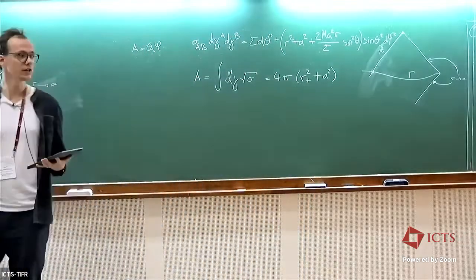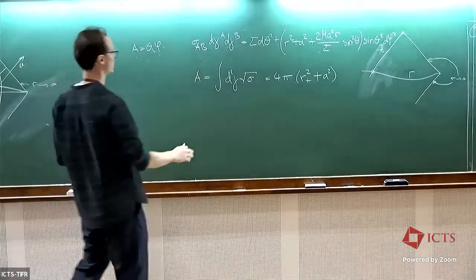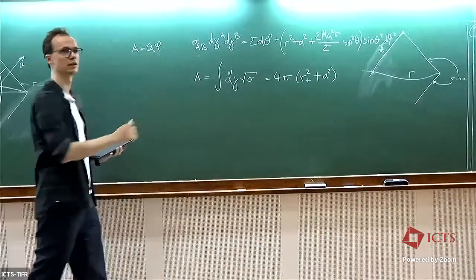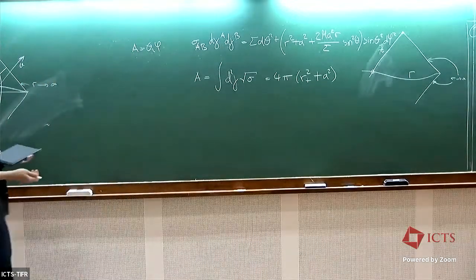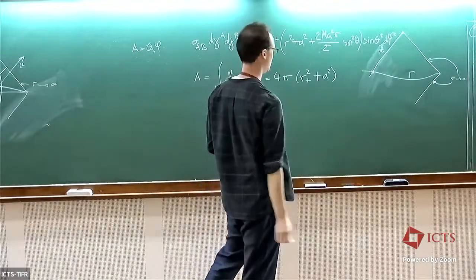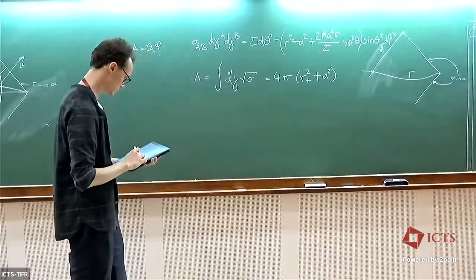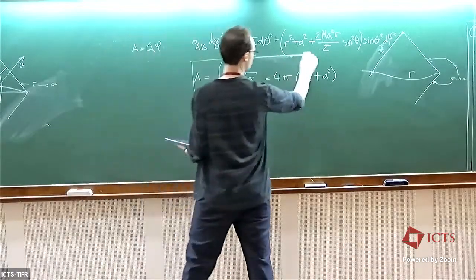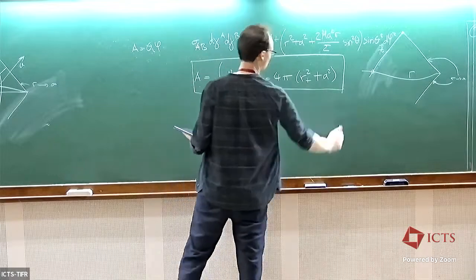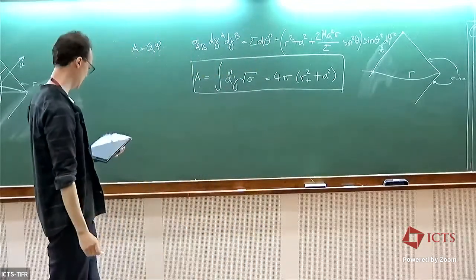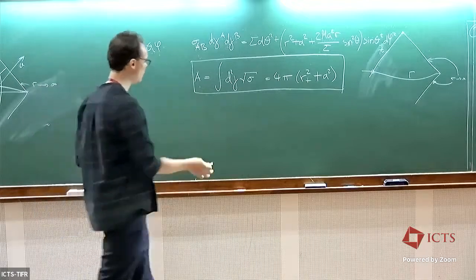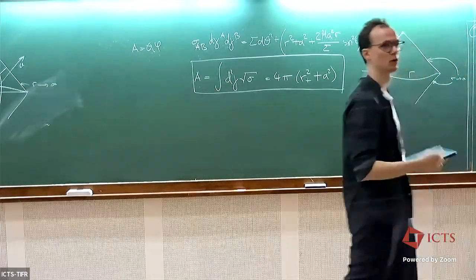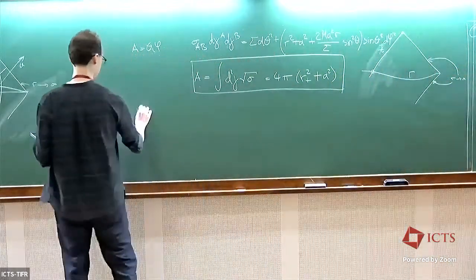Now, if this was a bit quick, then this is actually part of your exercise for the tutorial today. So you'll go through the calculation more rigorously yourself, and you can see how these things work together. Okay, so now we have the horizon area A. And so how does the area help us understand, if I throw something into the black hole, what's going to happen? Well, Hawking showed